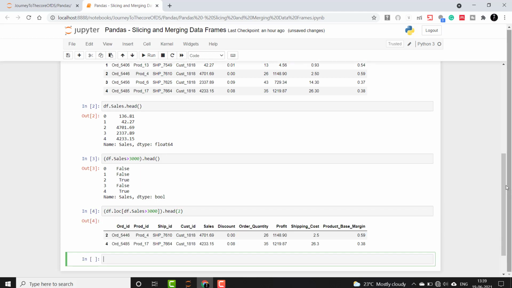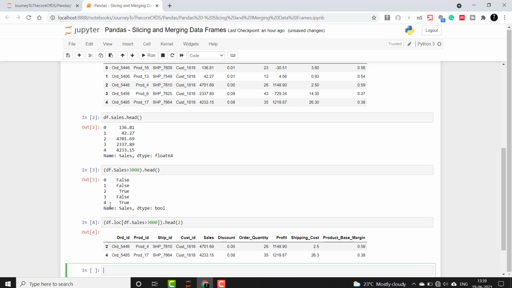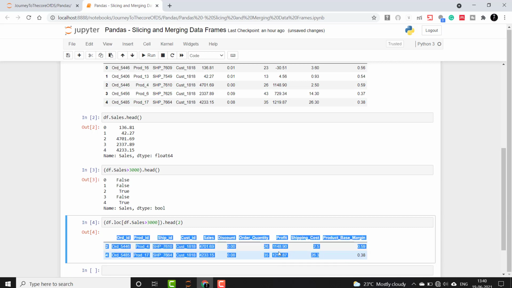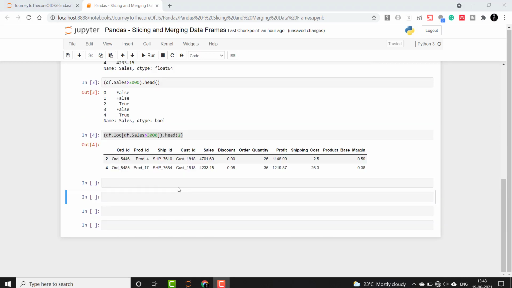You'll see here that the true rows were the second index and the fourth index, which are order 5446 and order 5485. The same are returned here, that is index 2 and 4. An alternative to df.sales is using sales as a column inside df using square brackets.